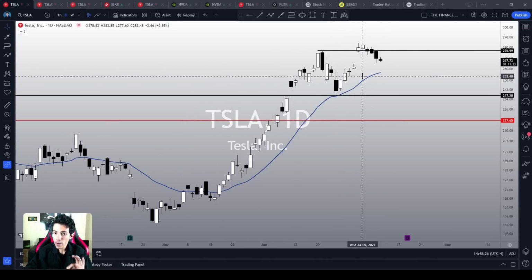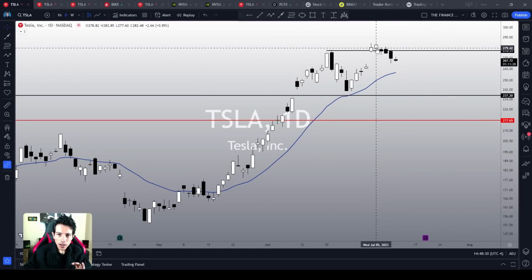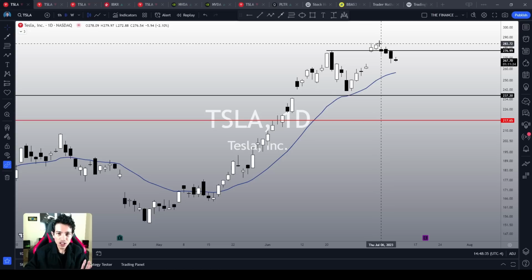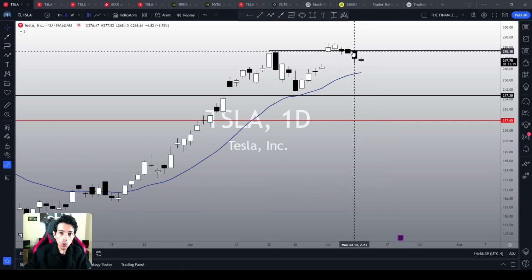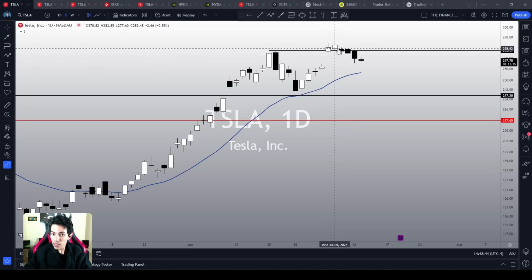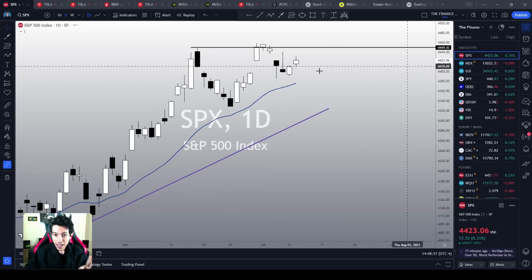I do agree with you because it feels like Tesla is just being annoying. We are correcting this pullback over here, which is not even a sharp correction, right? It is just slowly dropping over here. Last week we made something like a sideways correction during the entire week, and right now we are finally dropping at a very, very slow pace. So okay, we are doing a very slow, sluggish pullback over here,